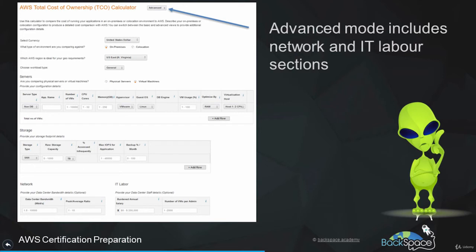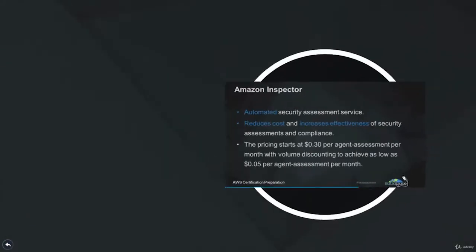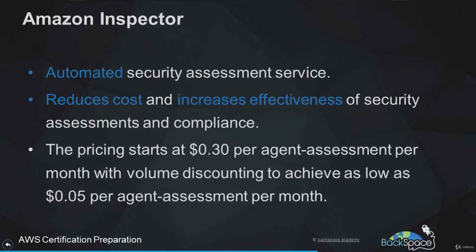And then AWS will look at a business case scenario of applying AWS services to fulfill what you've already got.